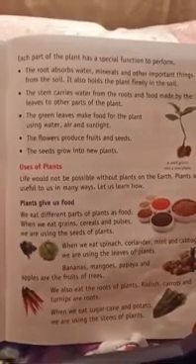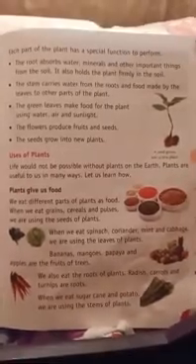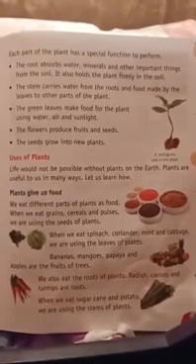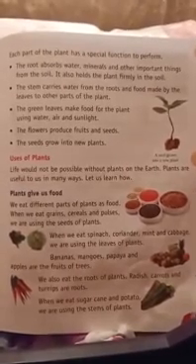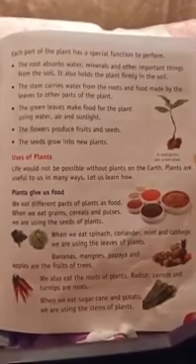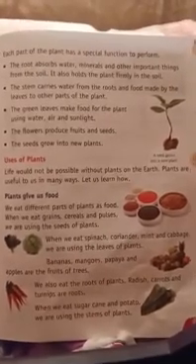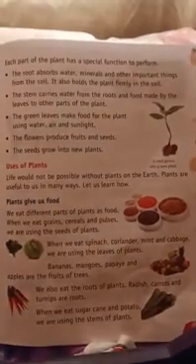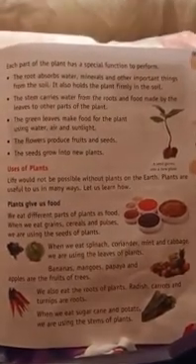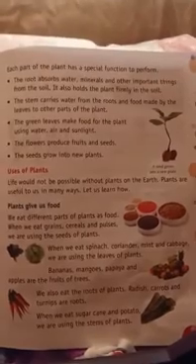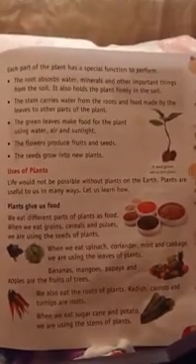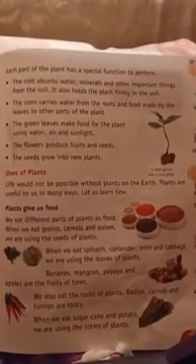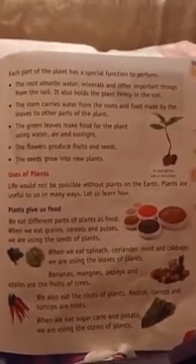I will read out. The root absorbs water, minerals, and other important things from the soil. It also holds the plant firmly in the soil. So what is the special function done by the root system? When we give water or pour water to a plant, that water will be absorbed by the underground part of a plant, that is the root, and so after absorbing the water, the roots hold the plant